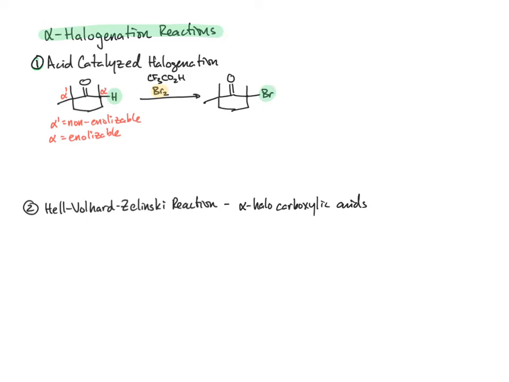So again, the main concept in this module 3 is substitution at the alpha carbon. So how does this happen? Since we are under acidic conditions, we are going to generate an enol. And again, the enol is the nucleophile, the bromine is the electrophile. So our mechanism, as we've seen prior,